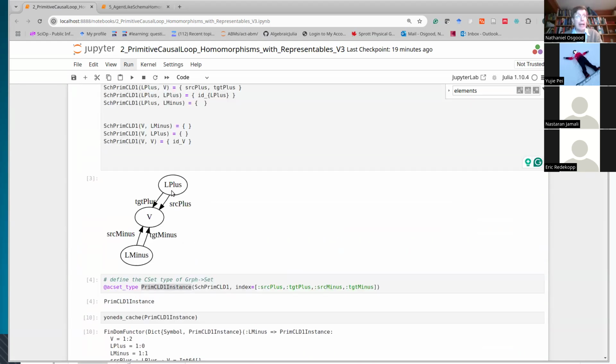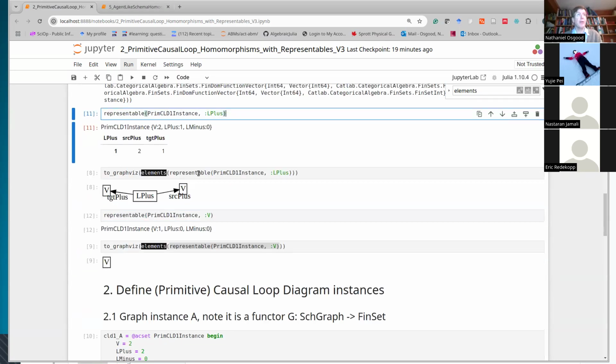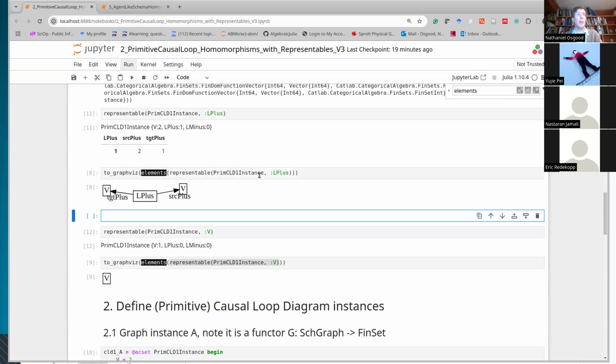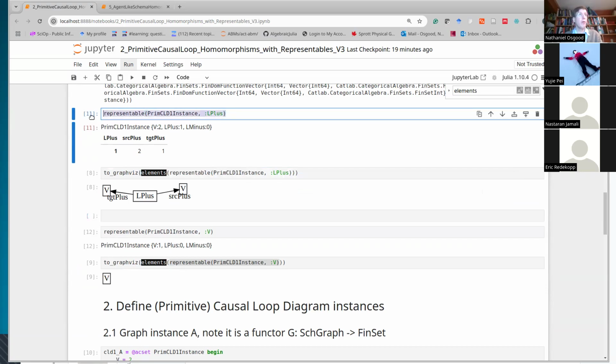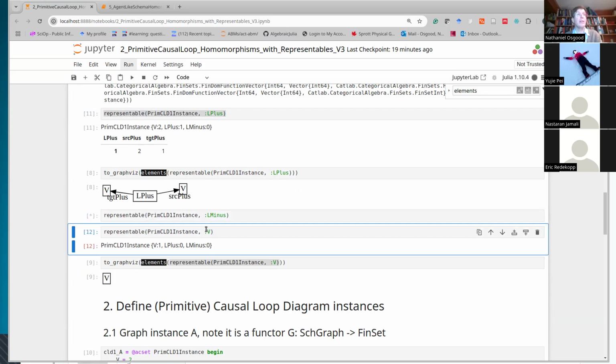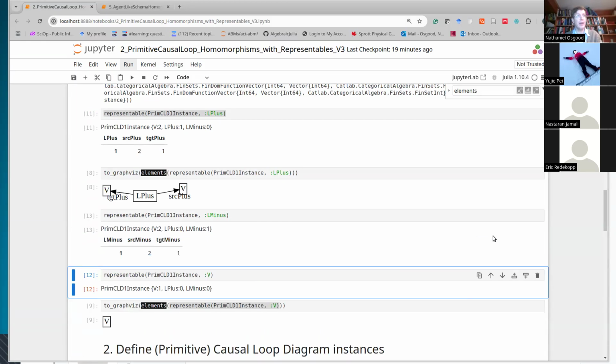If I did this for L minus, what would this be for L minus? That is the same as L plus. Exactly. It needs its